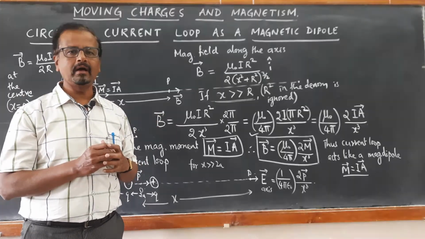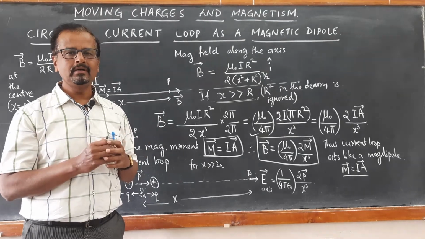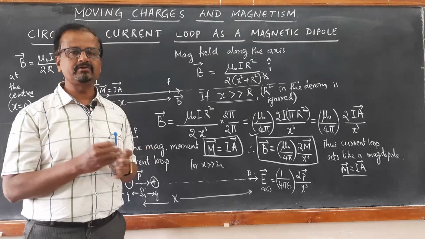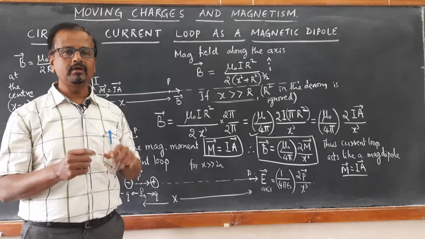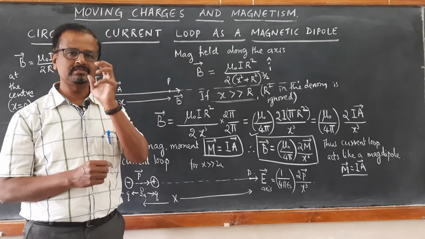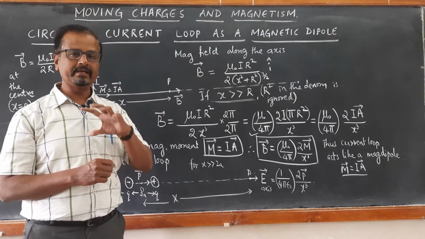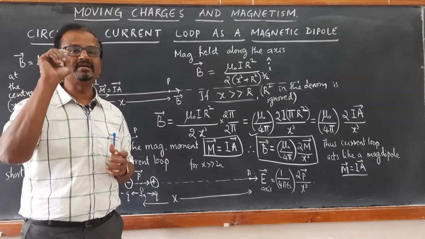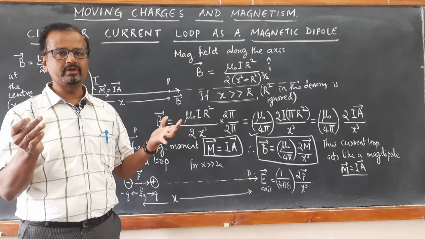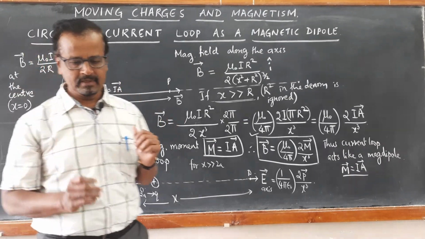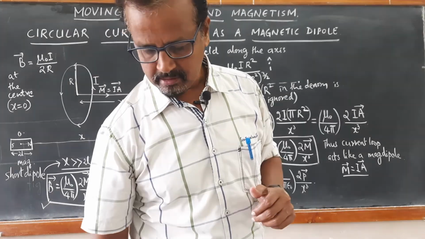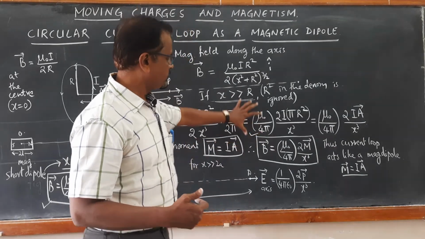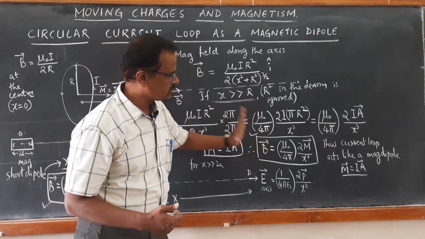Consider the Bohr atomic model. In the Bohr atomic model, the hydrogen atom is considered, in which there is only one electron revolving around the nucleus, and the nucleus consists of one proton. Then one can calculate what its magnetic moment is due to its motion in its fixed orbit. So we are going to calculate the magnetic moment of a revolving electron. That is what we are going to learn once we understand this concept.